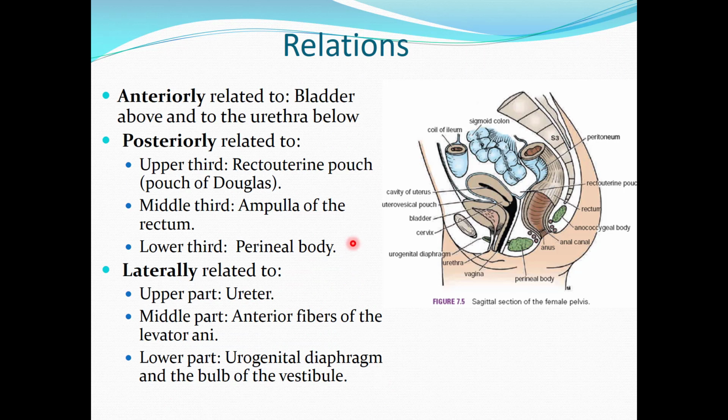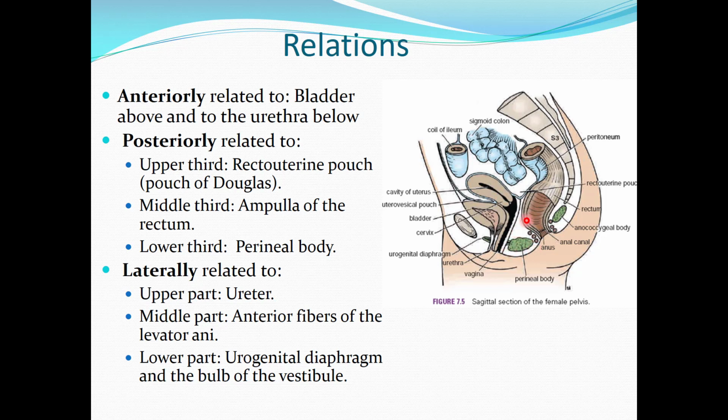The relations of the vagina are very, very important. Okay, anteriorly it is related to the bladder. See here in this diagram, anteriorly it is related to the bladder and to the urethra below. See here, this is urethra, it is below. Posteriorly it is related to many structures. The upper third of the vagina is related to the recto-uterine pouch, which is also called the pouch of Douglas. The middle part is related with the ampulla of the rectum, and the lower part is related to the